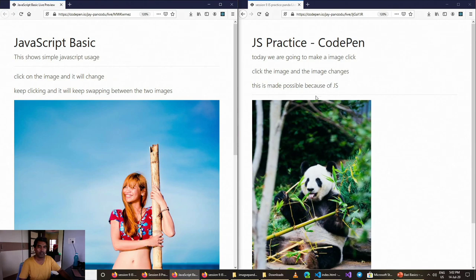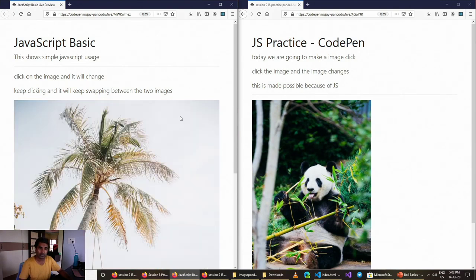So far we have gotten this. Now of course, look at the difference. So here, when I click on it, the image changes. Whereas here, when I click on it, nothing happens. Nothing happens. So we haven't done the JavaScript yet, but the basic HTML thing is done,